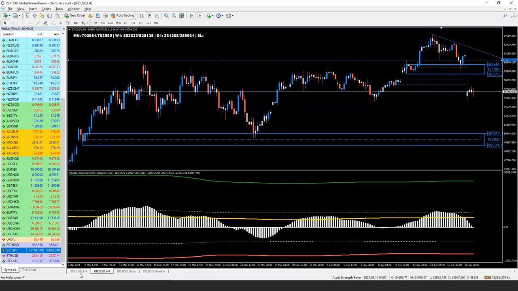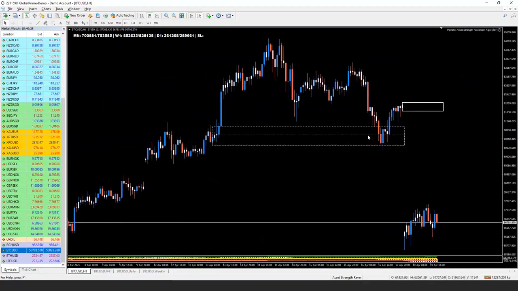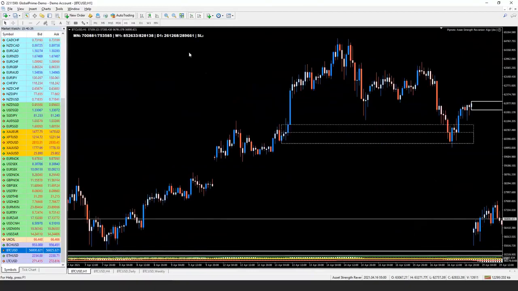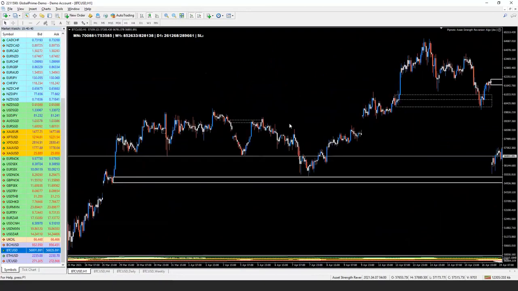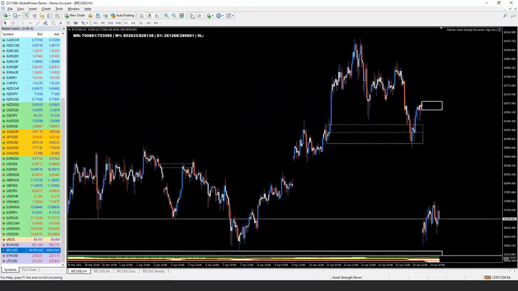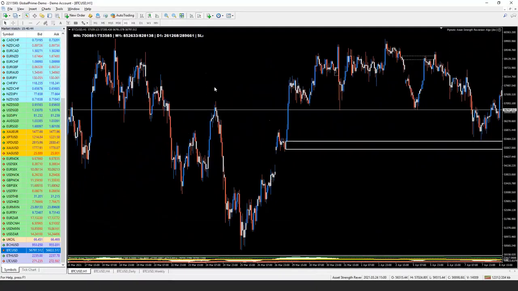So we'll have to go to the hourly chart, and here we have it. Oh, it's difficult, isn't it? It's really ugly on this chart. You have these weekend gaps on these CFDs, which is not so interesting. It just makes it difficult to do the analysis properly. So you might want to go to a different charting platform to see where Bitcoin is trading properly. But here we have another thing where we had